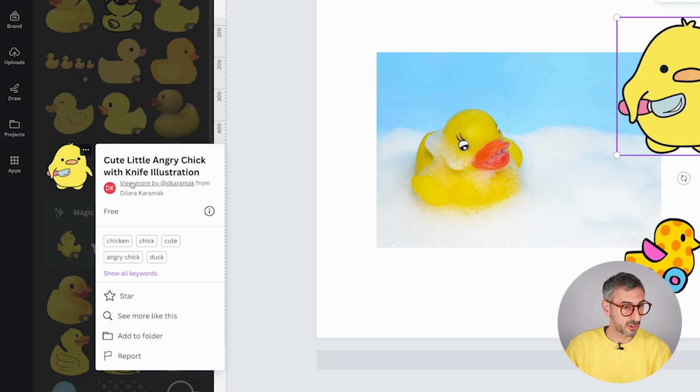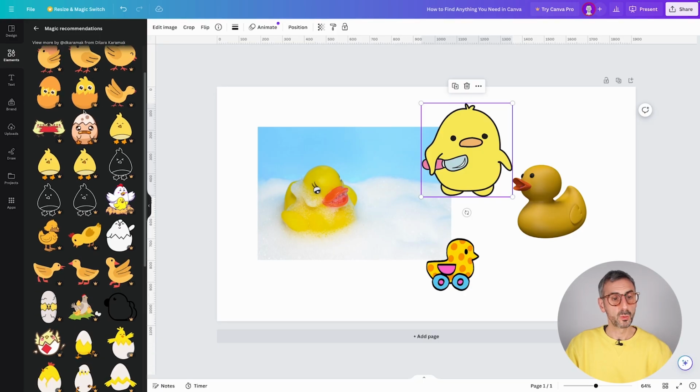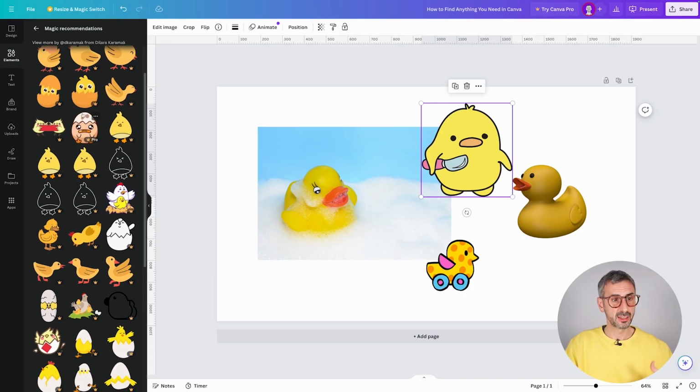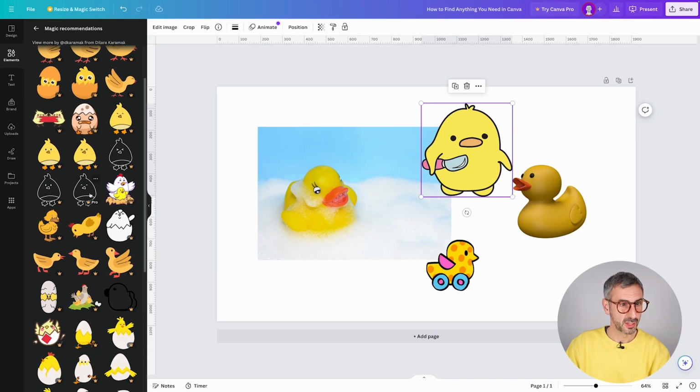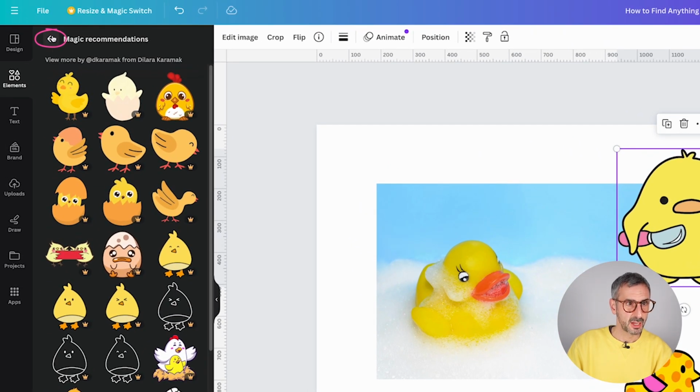In this case, it's a graphic. So you can see more like this one by clicking on this option of the menu right here. So if I click see more, Canva will search for more elements that are similar to this one. And you see, this is pretty accurate. I have a bunch of similar graphics. Now, if I come back and